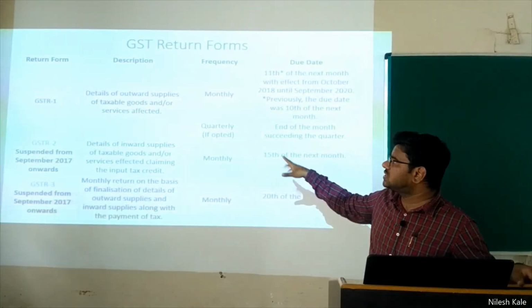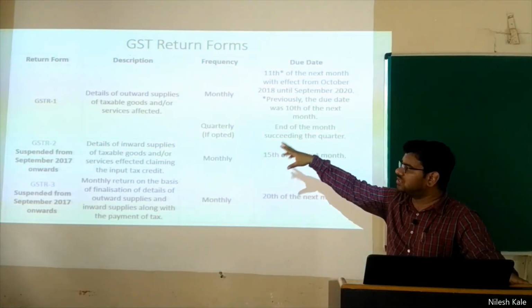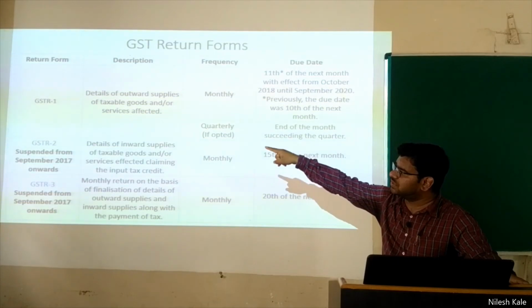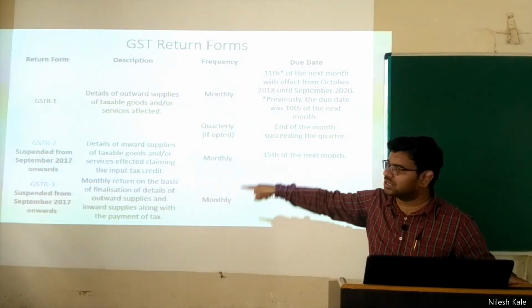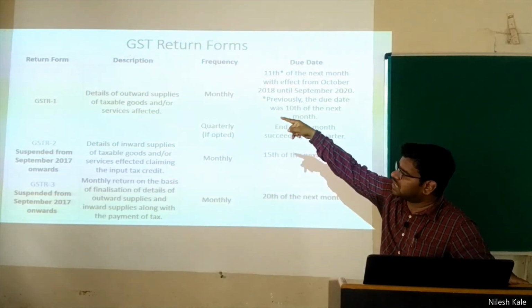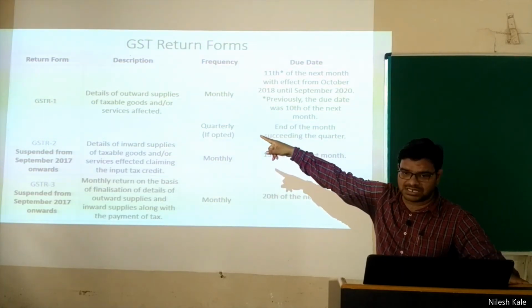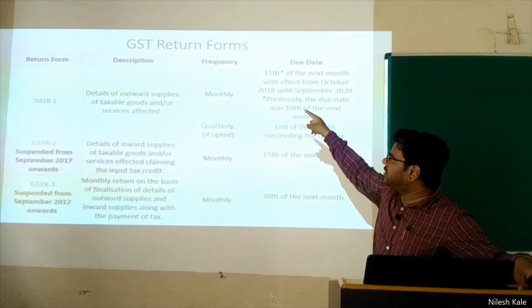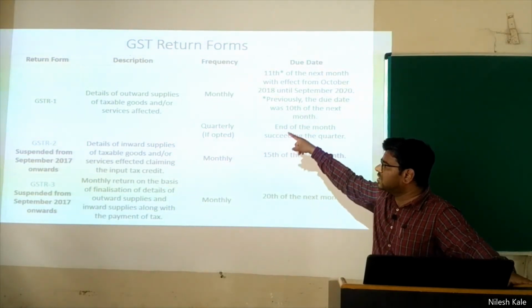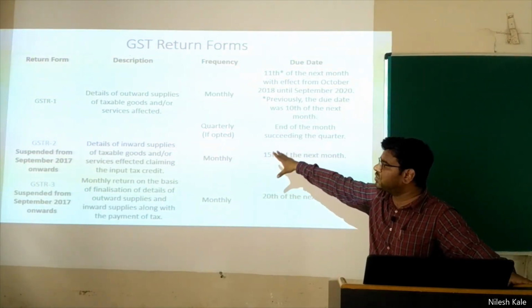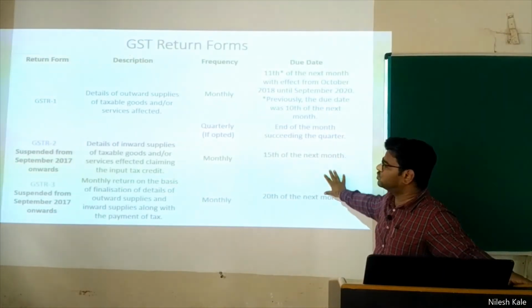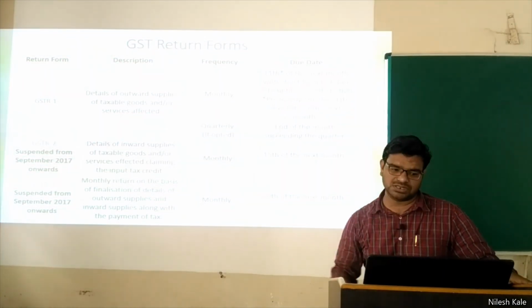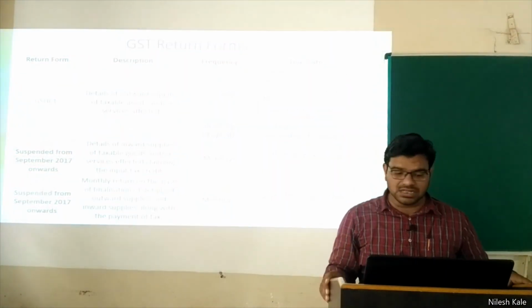Now this is the chart where you will understand what is applicable where. GSTR 1, please understand the tables first, okay? Then look at the title of the table, that is the return form, which we are speaking about, and then the description for what it is used, and then the frequency when you are filing those returns, and then the due date, okay? These are the descriptions. Now let us start with the GSTR1.